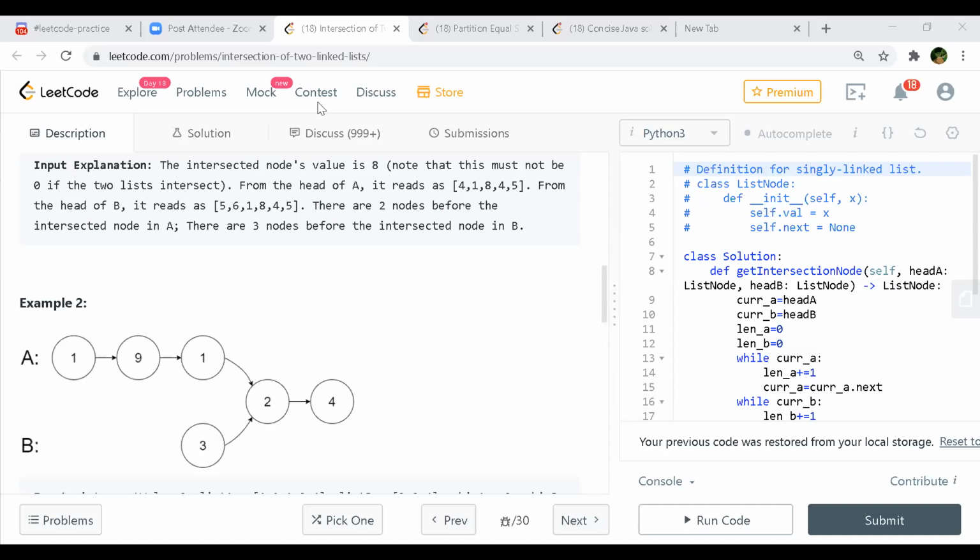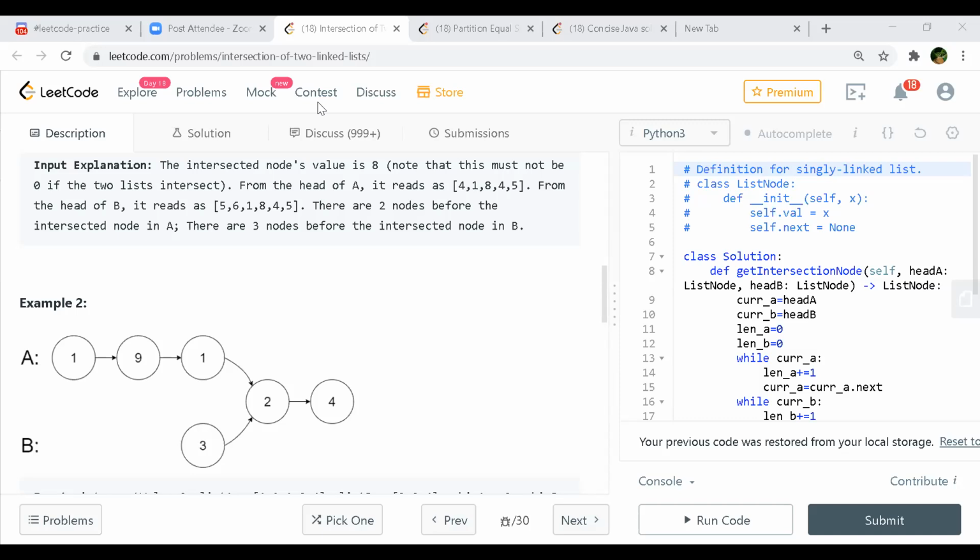Right. Sorry, Santosh, could you repeat again? I didn't follow you here. Okay, so what Leon was saying is, you start 2 pointers, one starting from A and one starting from B. In each while loop, when you are traversing, you keep on moving both pointers to the next position.